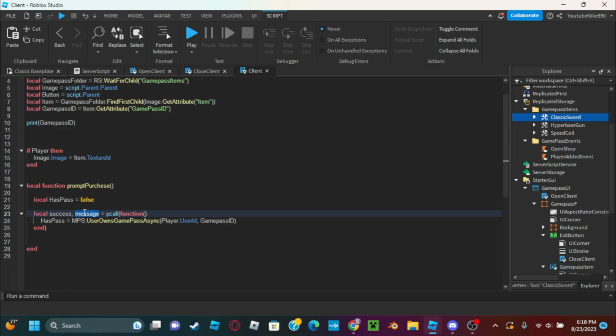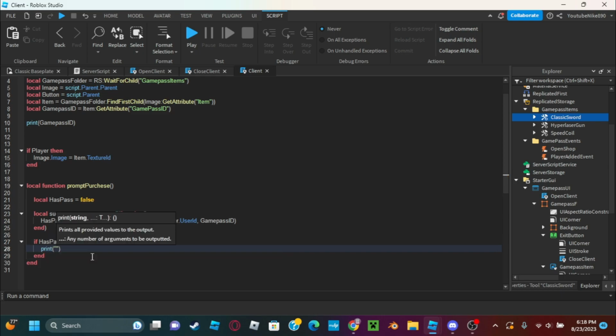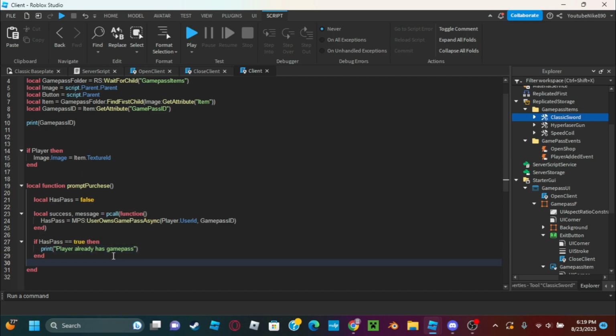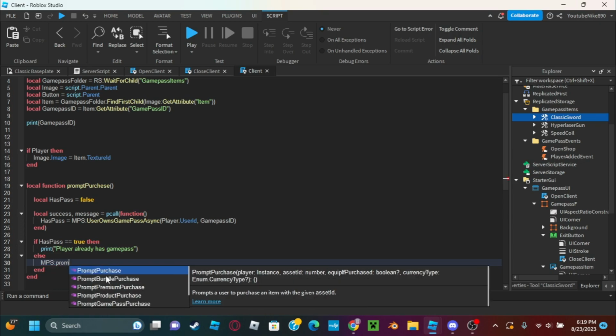If it doesn't have a success, it would send an error. So if has passed equals true, then print player already has passed. And then else, so if they don't have the pass, then we'll put prompt